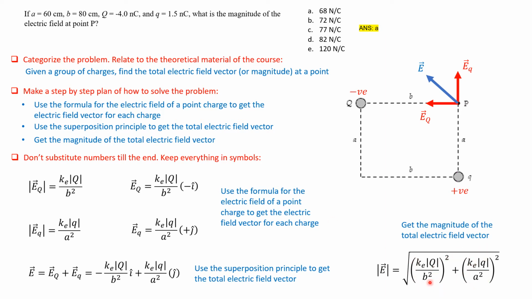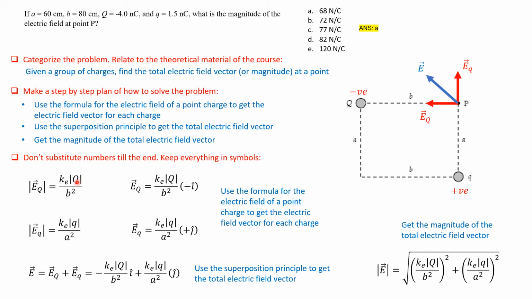So this is basically implementing what we did, the steps that we said we wanted to do. But even at this point, it's very important to keep everything in symbols. Never substitute numbers in the beginning. If you start substituting numbers at this step, it'll be a disaster, because when you make simplifications,